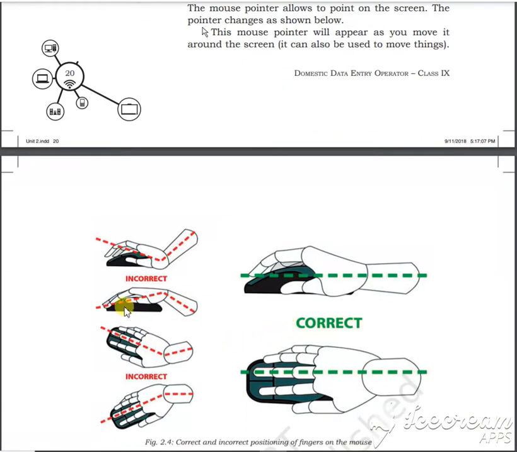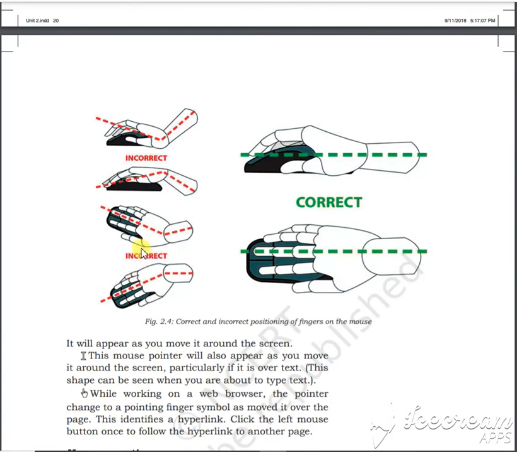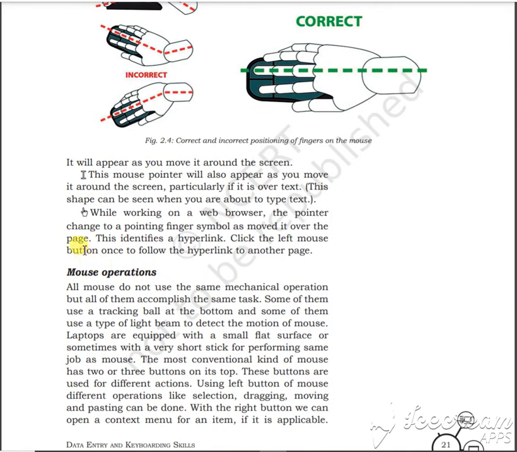As soon as you point, this is the incorrect way, where your finger will be up. This is okay, this is the incorrect position, this is the correct position, this is also the correct position, this is an incorrect position. So the correct position is this way: this finger will be a little bit up, this finger will be at the top, and the hand position should be straight, see, not in this way. These all are the incorrect ways. This is the correct way you will position your hand, isn't it? This way you will see the mouse pointer. As you are seeing here, this cursor is a mouse pointer, isn't it?